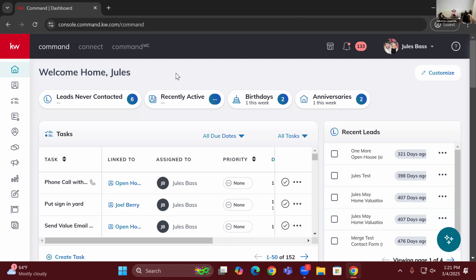There are a couple of places to grab that information as well: the tax records and the MLS. I've heard that if they're a homeowner, it has their address as well as their home anniversary. So even if you did not buy or sell them the home, I would recommend throwing them into your Command database. One, you'll be reminded to reach out to them on that date, and that's a key touch as a realtor. Two, I bet their realtor is not reaching out, so it puts you ahead of them. And three, you can see timeline-wise, if they bought 10 years ago, they're probably ready to buy or sell. So just some perks of finding that information.